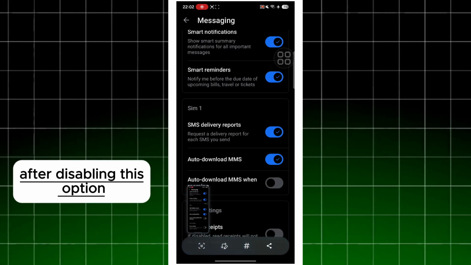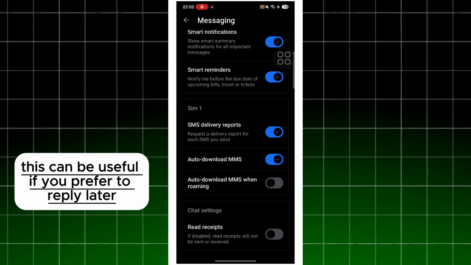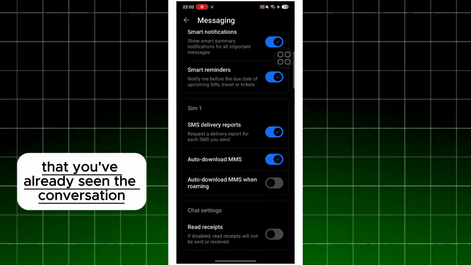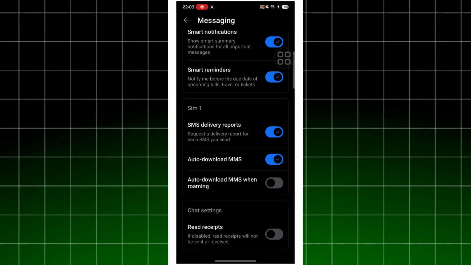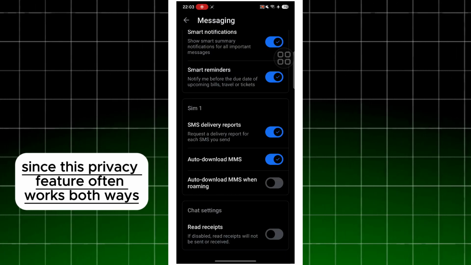After disabling this option, your contacts won't be able to tell when you've read their messages. This can be useful if you prefer to reply later without showing that you've already seen the conversation. Depending on your version of Truecaller, you may also stop seeing read receipts from other users, since this privacy feature